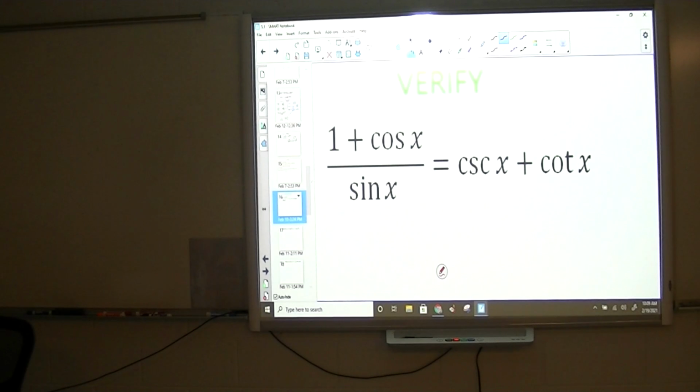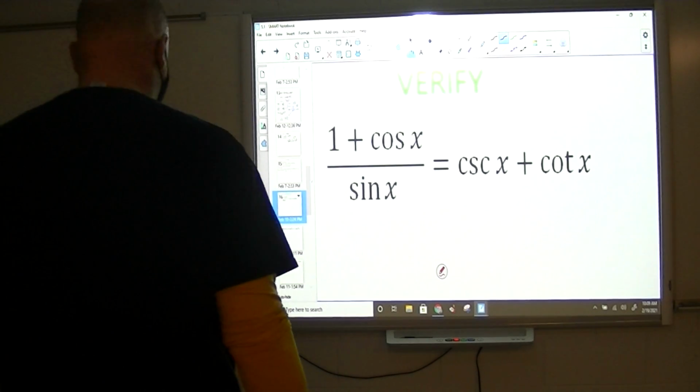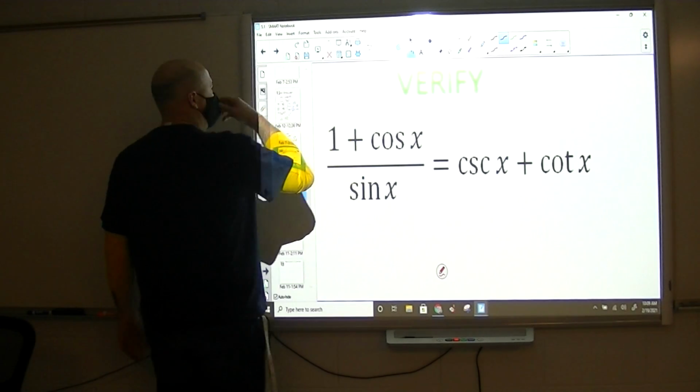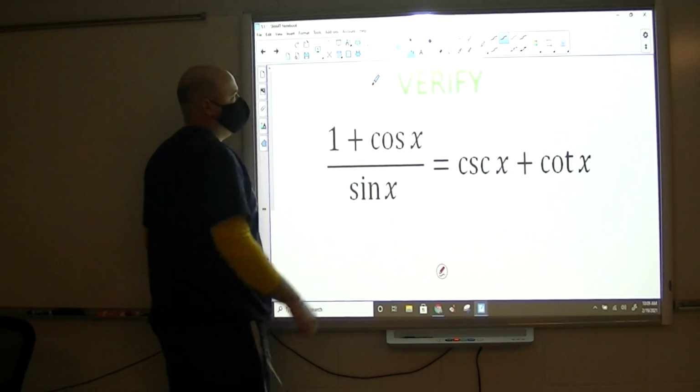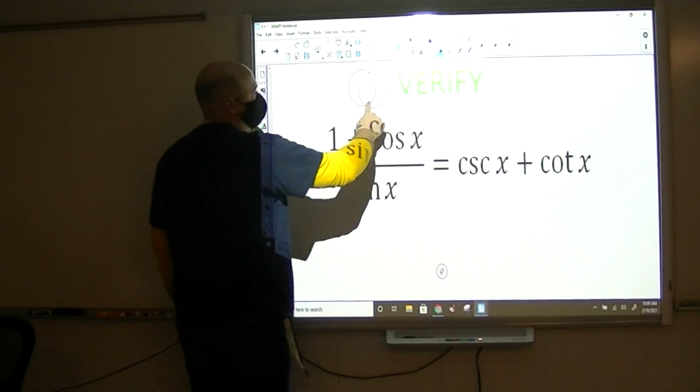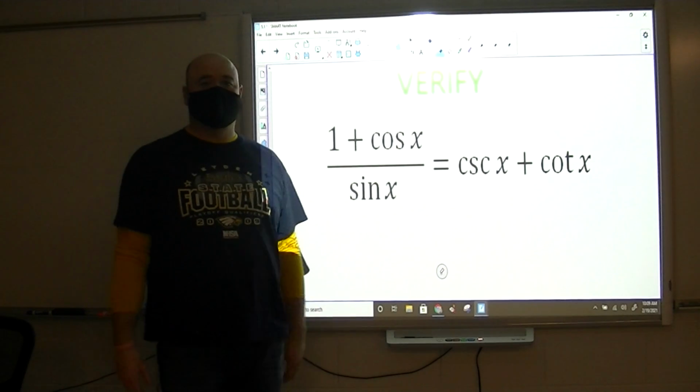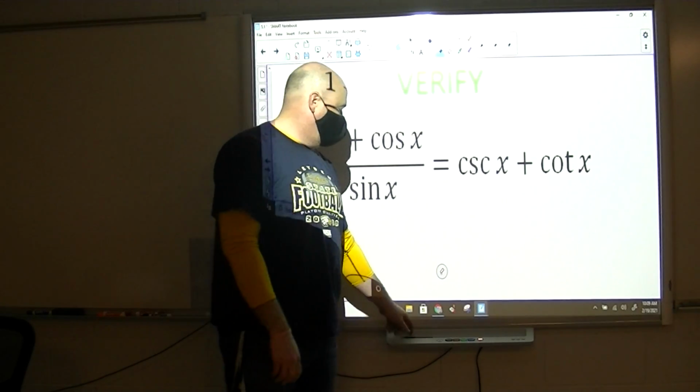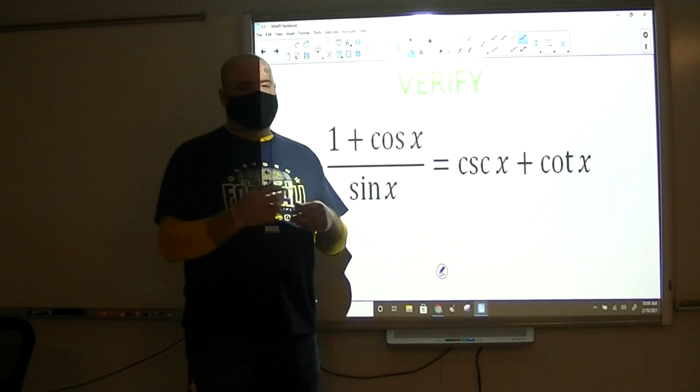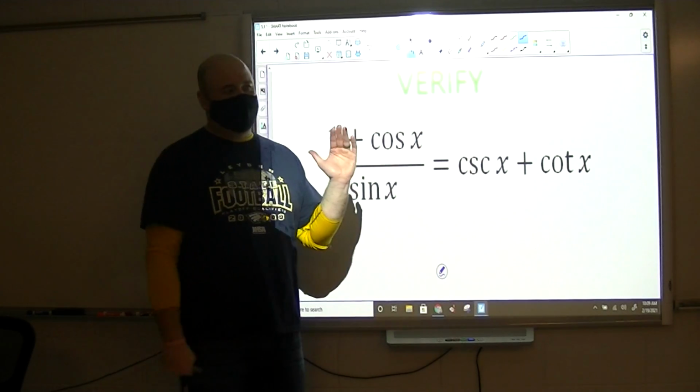Okay, so let's talk about verifying. What does it mean to verify something, right? It means to prove that it's true or not, right? To validate it, to validate the statement. So when we shift from simplifying to verifying, there's one really important